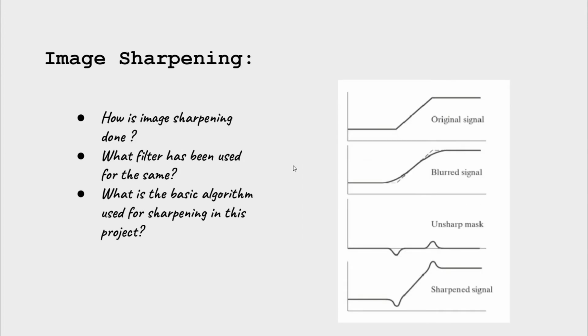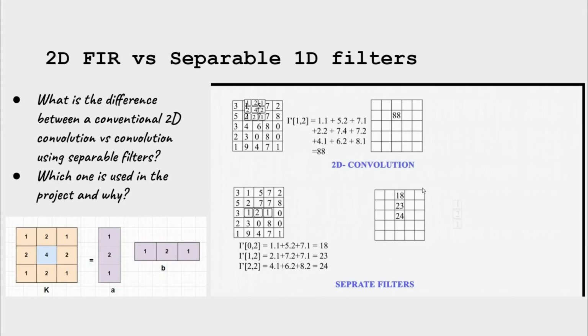Now, what is image sharpening? The main concept in our project is image sharpening, which is basically to highlight the minute details in our image, generally the portions where there are discontinuities. There are different ways by which this can be done, but we are using the concept of the unsharp mask, where we pass the original image through a low pass filter, giving us a blurred signal that we subtract from the original signal to get the unsharp mask, and then we add it back to the original signal to get the sharpened signal. This is what we are going to use in our project as well.